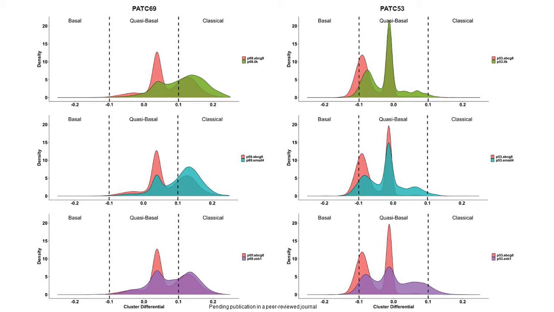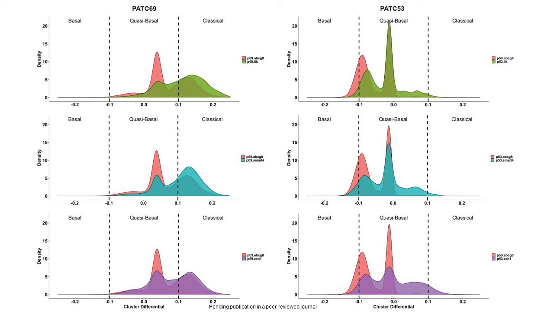Compared on the right to PAT53, we can see that the negative control has a large population of single cells that are basal and also quasi-basal. And in each of the three knockout conditions here, you can see that there's a stark change in all of the basal cells, where there's almost complete death of all single cells that were previously basal. And in all three cases, there's not much of an impact on the quasi-basal population, but what you're seeing on the right is an emergence of single cells that are actually classical,